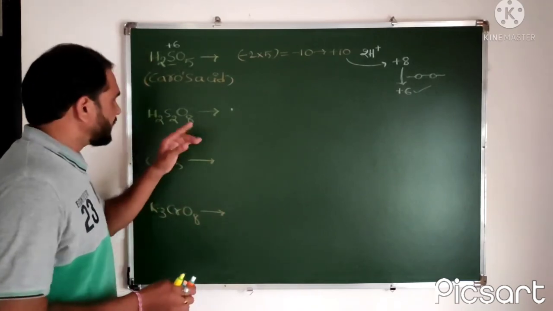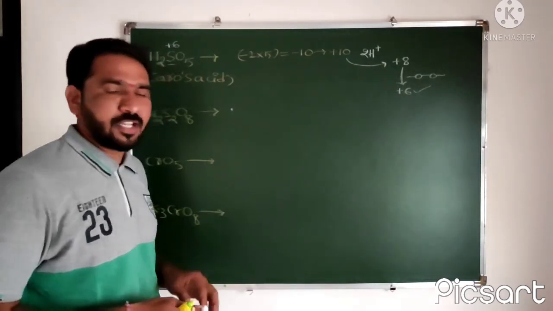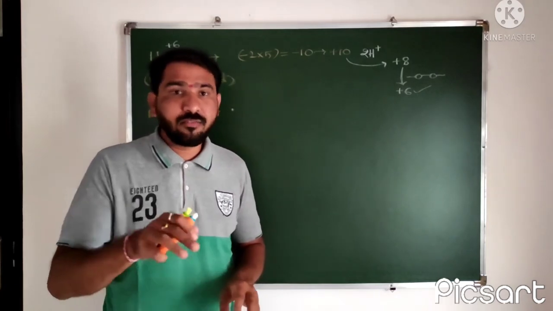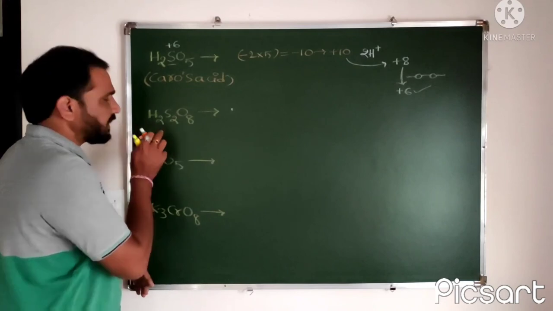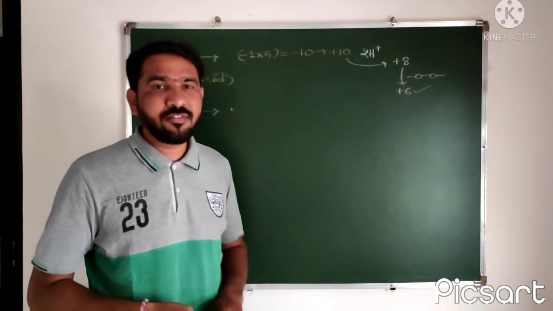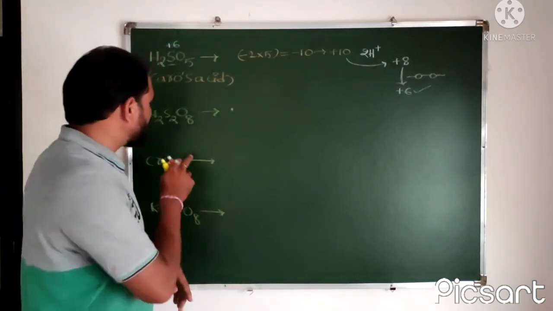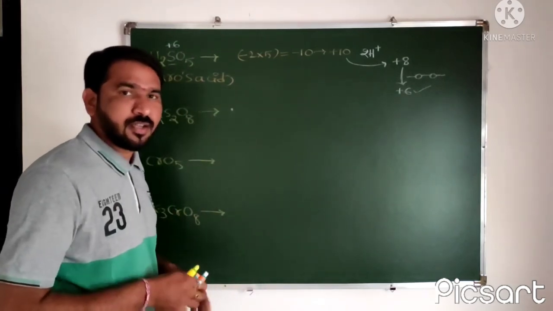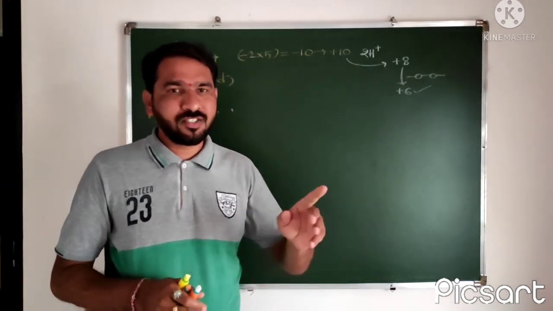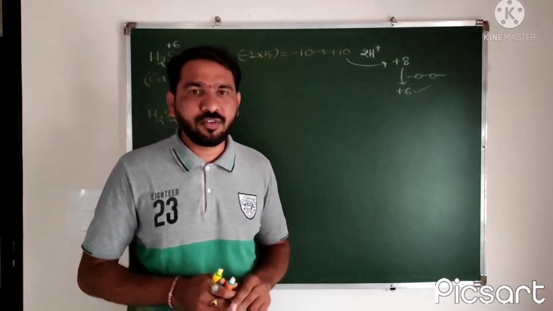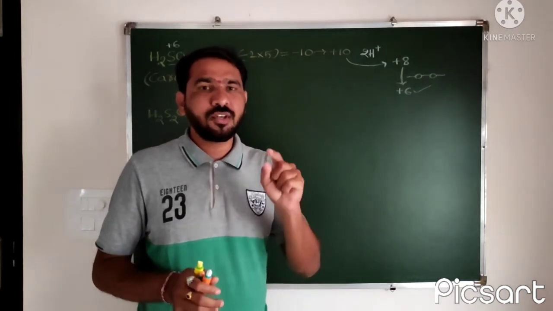What is that? Generally, the general oxidation state of oxygen is -2 into number of oxygens 8, that equals -16. It means plus 16. Among plus 16, plus 2 is deducted by 2 hydrogens. The rest is plus 14. That plus 14 is shared by 2 sulfur. Each carries how much? Plus 7. Plus 7 is also not possible for sulfur because of group number 16. The highest oxidation state of group 16 elements is plus 6. To that, we need to use one peroxy bond.